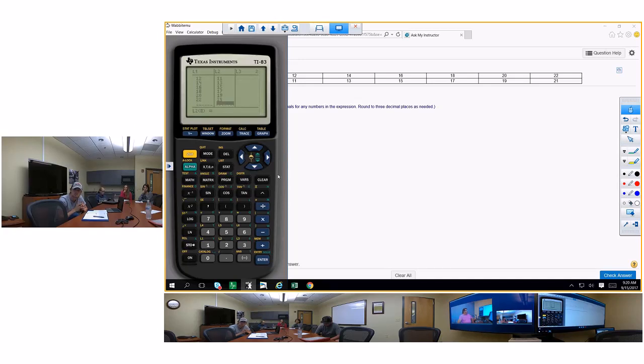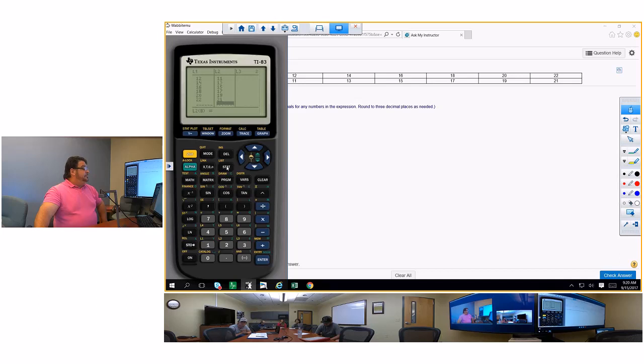Okay, put the points in, then you hit stat, calculate, and go down to linear regression, number 4. Hit enter, and it's going to read L1 and L2, but go ahead and put it in. Second, L1, comma, L2, and enter. And there it is. Now they got a slope of what? 0.71. I initially had 0.88? Mm-hmm. So there,